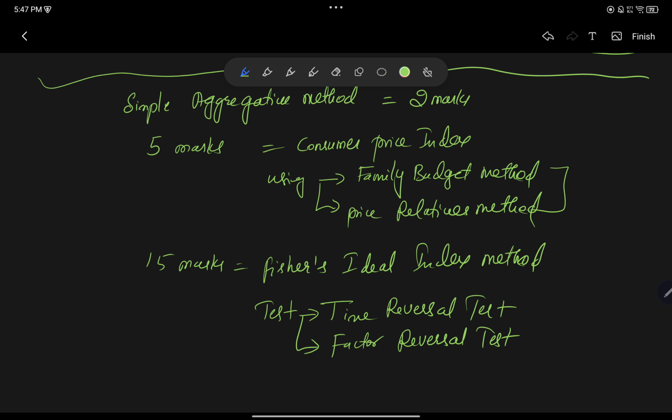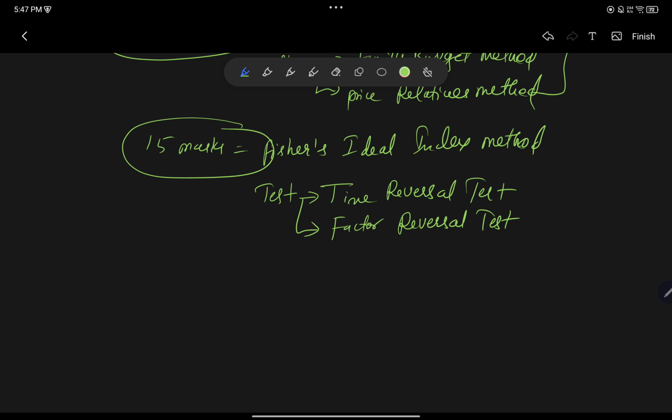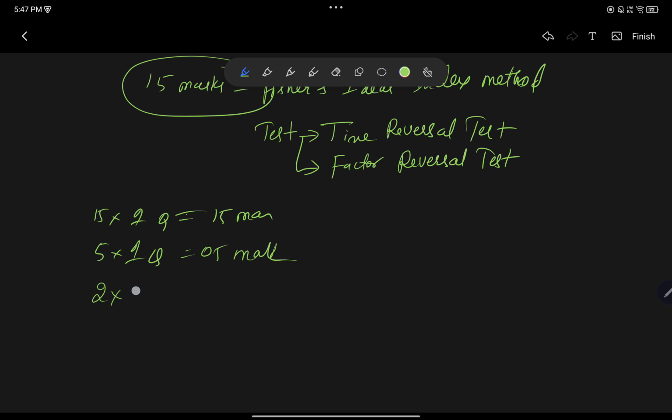So this is for 15 marks, this is for 5 marks, and this can be for 2 marks. In the whole unit, one question of 15 marks, one question of 5 marks, and 2 questions of 2 marks, that is 4 marks, in total 24 marks